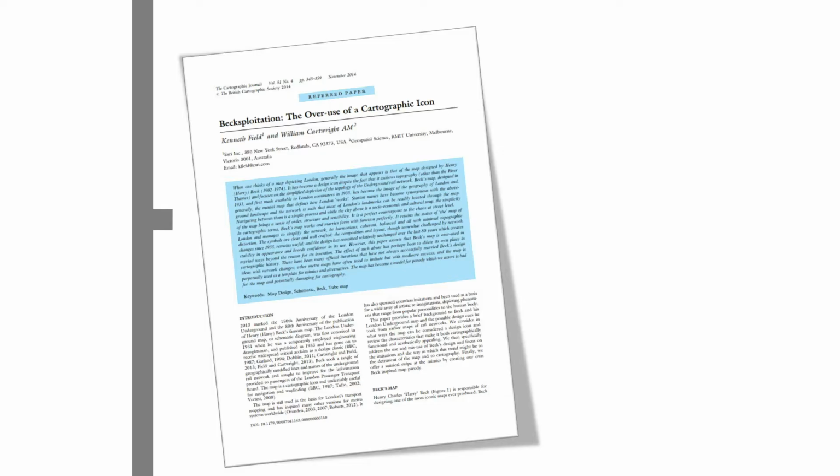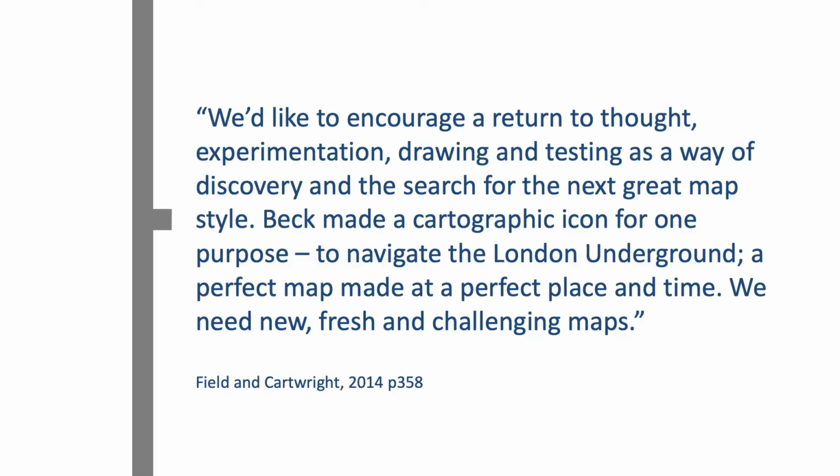So we see a lot of these kind of maps where the London Underground network is taken and used in very, very different ways. And we decided to be real academics and write a proper paper about this, which was published in the Cartographic Journal in 2014, which was intentionally provocative. And we wanted to explicitly state that we felt the time was ripe for something to change. Really, we're playing devil's advocate in the paper, and it was an attempt to promote debate about the legacy of Beck's work from 1933.